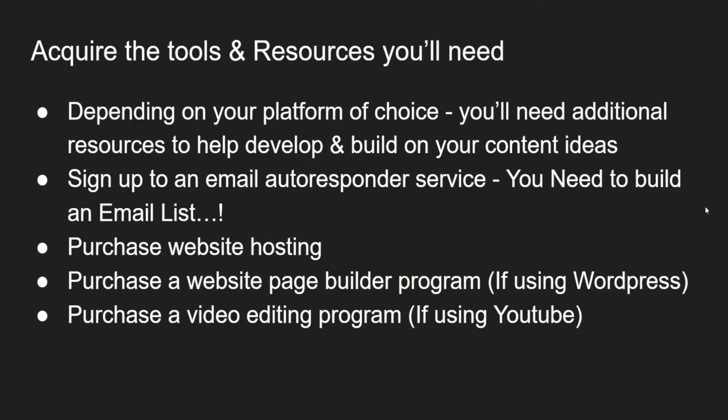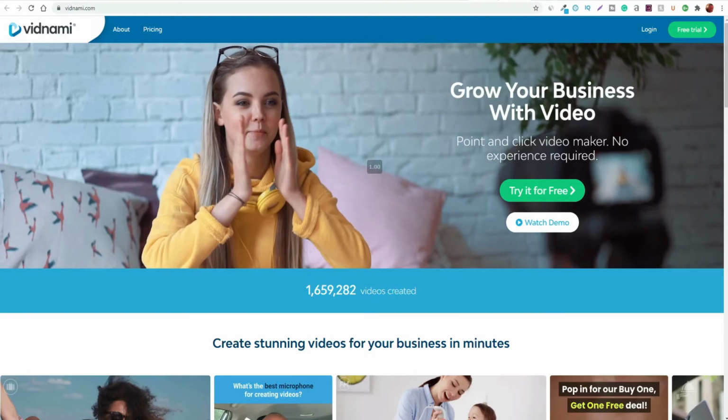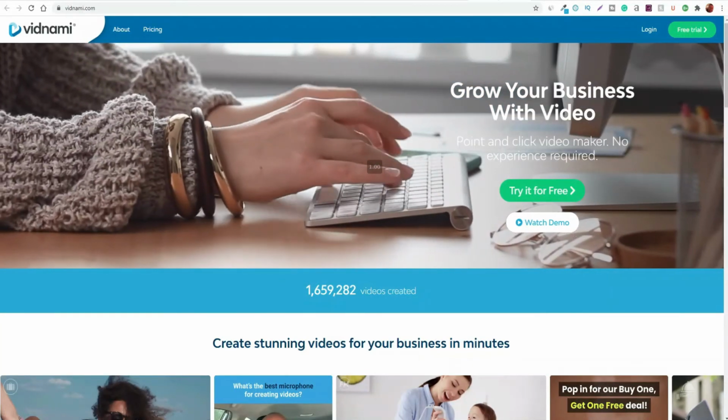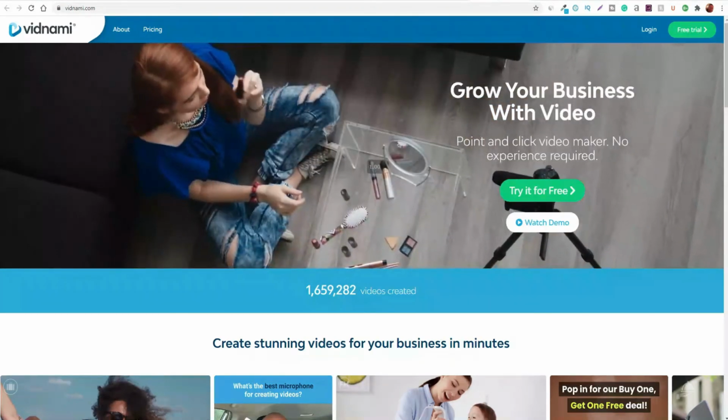Another program or platform you should look into as well, especially if you're doing video based content, is to invest in a video editing program. Again, there's loads of them that are free online that you can utilize. There's the likes of HitFilm Express, there's Screencast-O-Matic, there's loads of different ones that you can use for little to no cost. But if you do want to invest a bit more and you want to start creating engaging